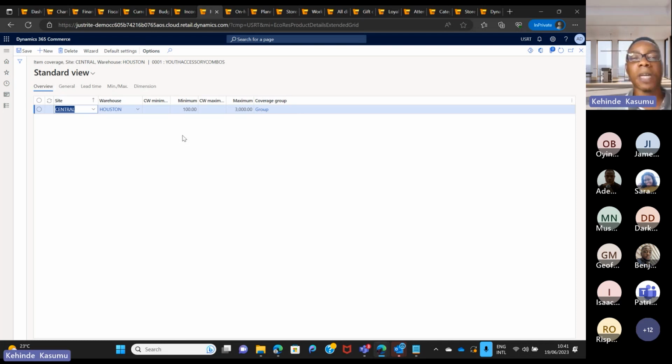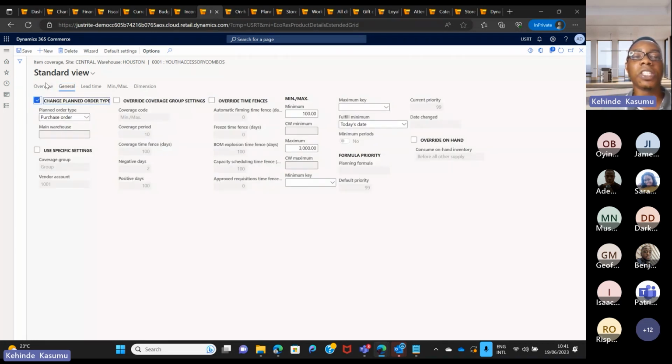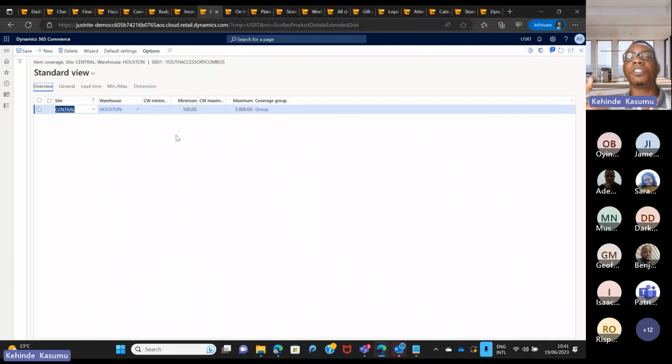What the system will do based on this calculation is create a planned purchase order, because I have set it up here to create a purchase order to bring the inventory up to the maximum. So it's going to create the difference between what you have in store. Let's say you have 50, it's going to create 2,950 quantity, so that it brings the total to the maximum, which is 3,000.